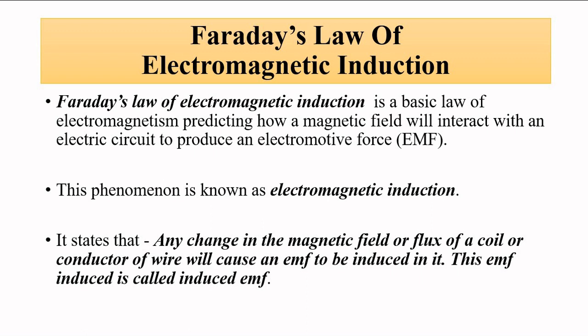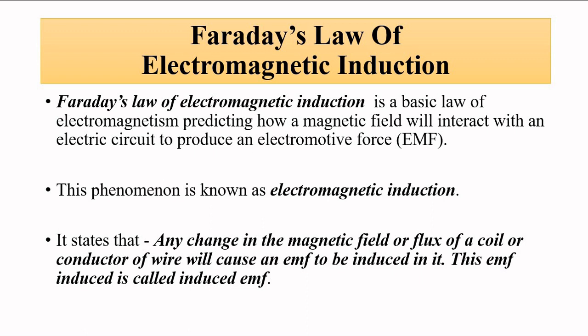Coil basically means a number of turns wound over a ferromagnetic conductor. So basically it states that whenever there is a change in magnetic field or magnetic flux which links with a coil or conductor, as a result of that change of flux there will be an EMF generated, which is called the induced